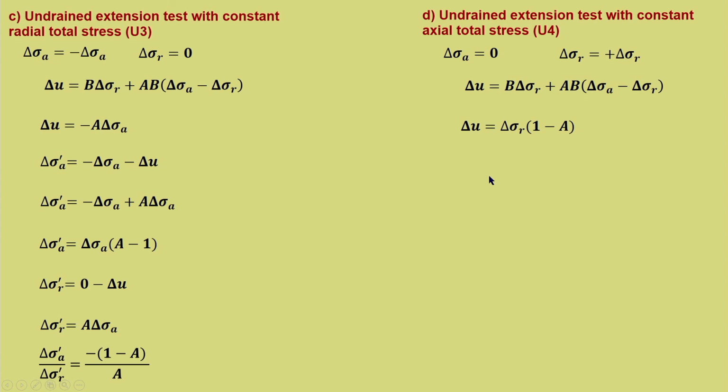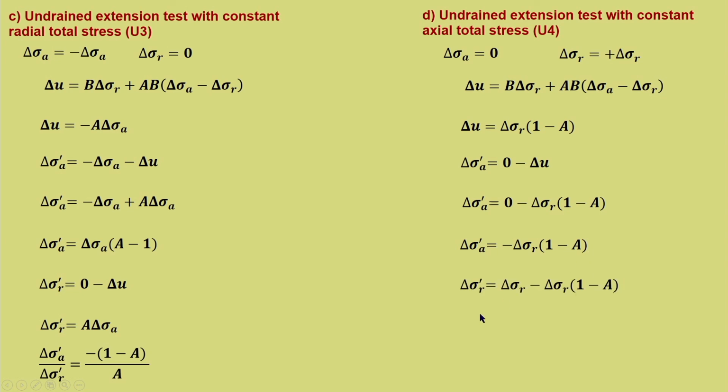Substituting now, the same procedure, delta u is equal to delta sigma r into 1 minus A. Delta sigma A dash we can find out, that is 0 minus delta sigma r into 1 minus A. So, delta sigma A dash is equal to minus delta sigma r into 1 minus A. Delta sigma r dash is equal to delta sigma r minus delta sigma r into 1 minus A, and that will give delta sigma r dash is equal to A delta sigma r. So, delta sigma A dash upon delta sigma r dash is equal to minus 1 minus A by A,